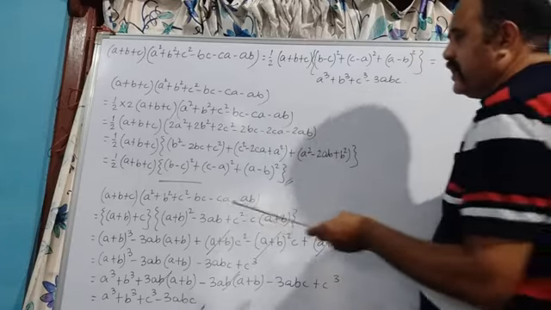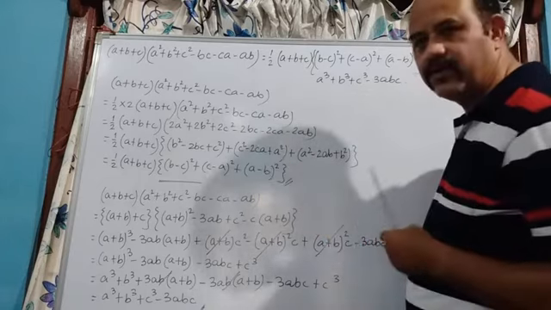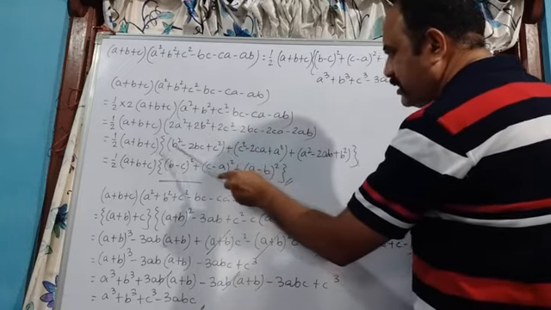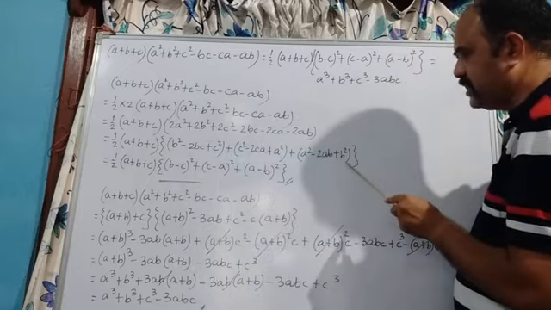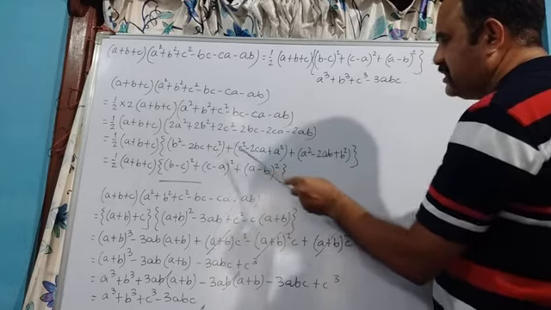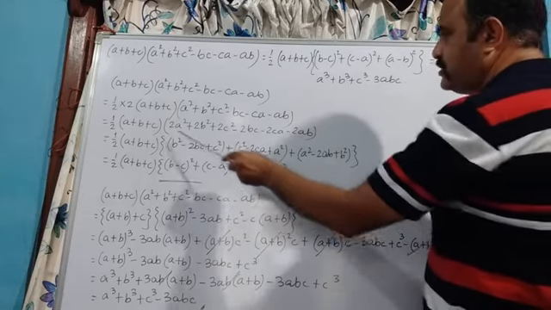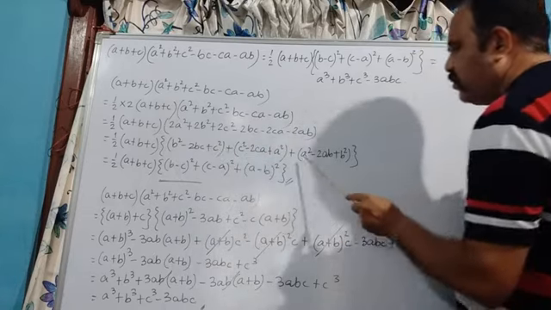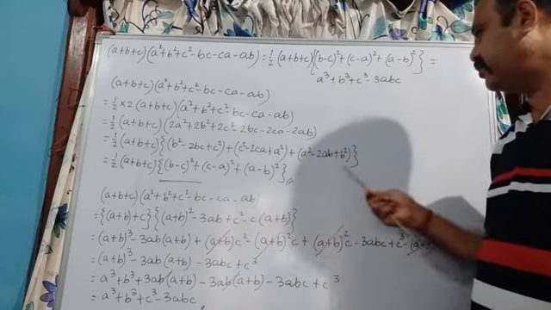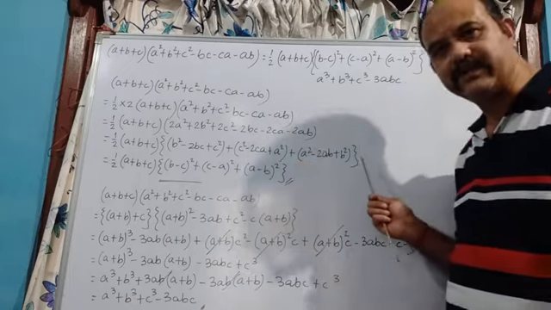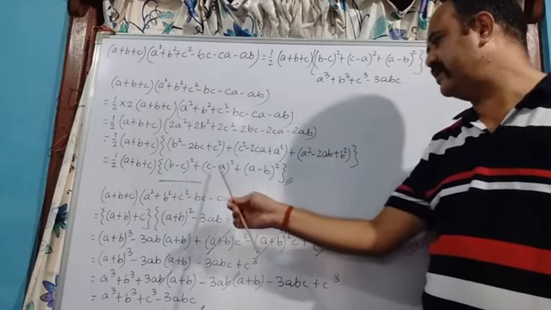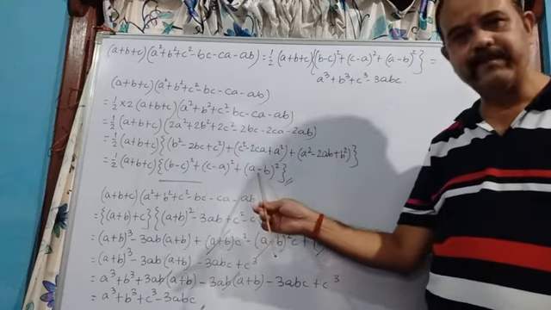Now, after separating, let us see whether it is matching with the previous line or not. Here it is 2b square. Look at it. 1b square is here, 1b square is here, 2b square. Then we have 2c square. 1c square is here, 1c square is here. Then we have 2a square. 1a square is here, then 1a square is here. That means we are right when we write this line to make it a perfect square trinomial. Now for this it is b minus c whole square. For this it is c minus a whole square. For this it is a minus b whole square.